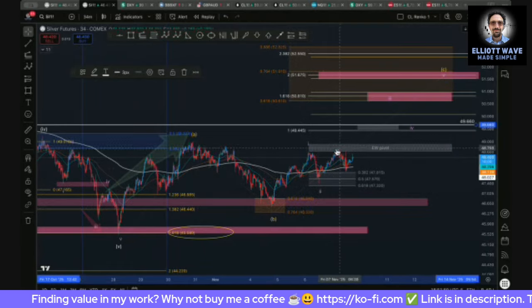Now, could this come back from here and make a new low or wick this low? Yeah, it could. I would prefer that it doesn't, because it would really keep the standard impulse idea for wave C intact if this does not make any new low from here and makes it all the way up through this resistance. It could rattle. I mean, if you're a scalper, all you need is 5 cents trading silver. Look for a silver short scalp from somewhere around this zone. I'm not doing that. I'm holding my longs, and you want to see price come up here and complete this